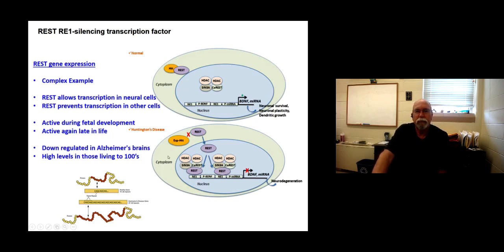One of the places we see a problem with it is in, say, Huntington's disease. In Huntington's disease, these cofactors that prevent REST from entering the nuclear region don't work. They've been mutated. REST is allowed to go in, and REST comes into play. And what happens is you get a shutdown. It blocks production of various types of RNAs that are needed for maintaining these neural